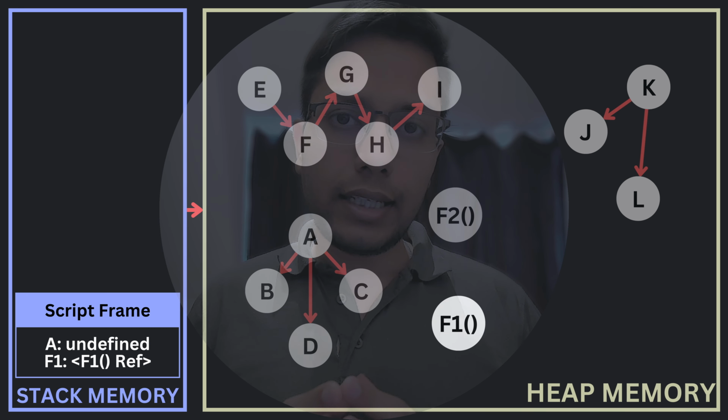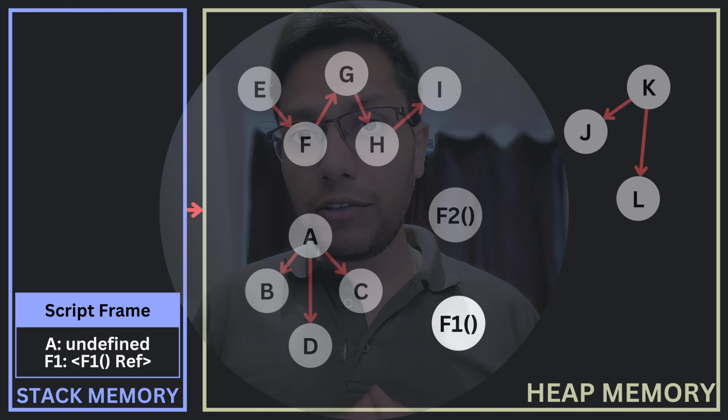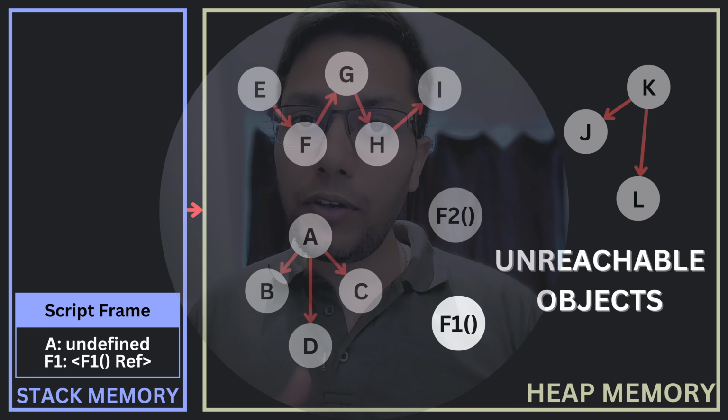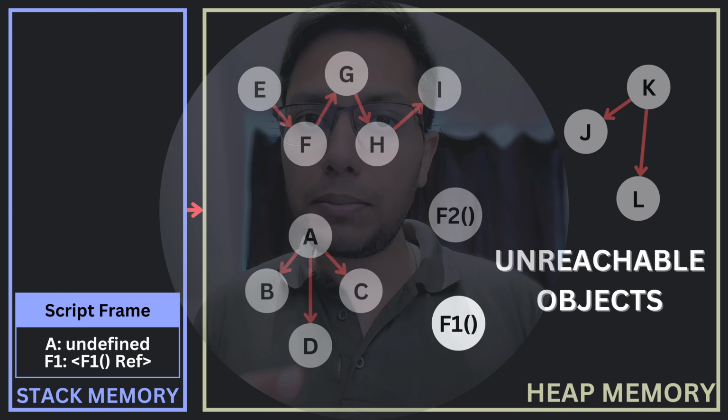We know that we can access references to the root nodes through the stack, and once we get to the root node we can access the references to its child nodes, then its child nodes, and so on. Eventually we cannot access certain nodes, but we can safely assume that these nodes or objects are no longer needed, so the garbage collector can free this part of the memory.